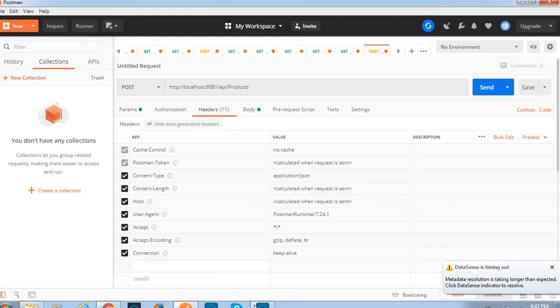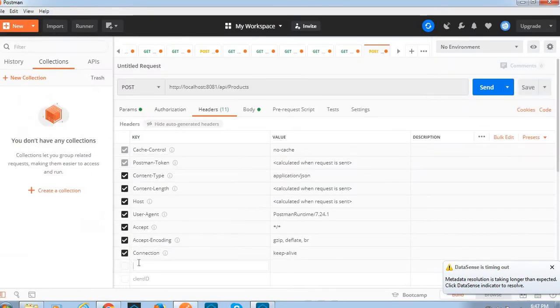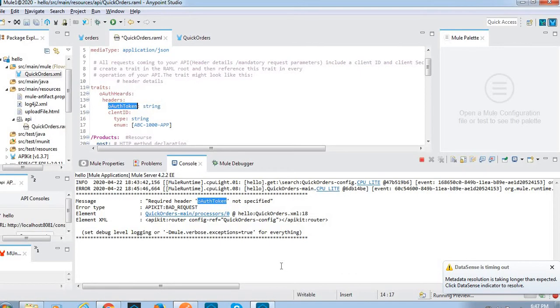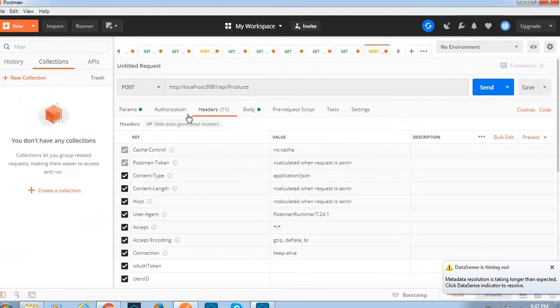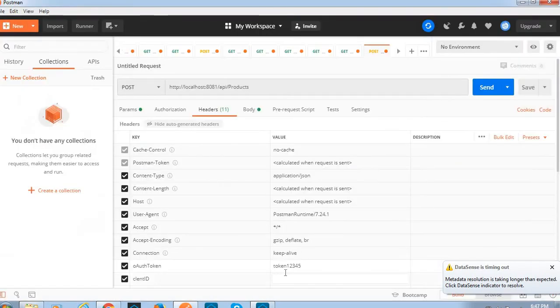Here what we have to send is OAuth token, select the OAuth token, paste, enable these two, OAuth token 1 2 3 4 5, client ID, okay, let me make a request now.